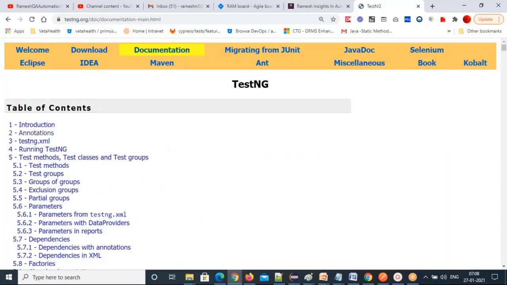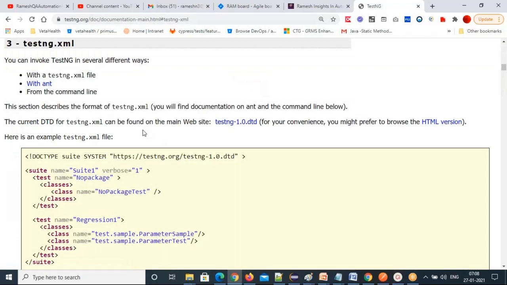So we need a testng.xml. testng.xml is the suite file. In TestNG, what is the suite file? testng.xml is the suite file. So the XML file is the suite file in TestNG.